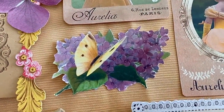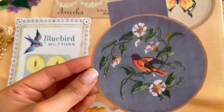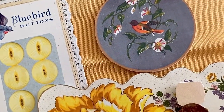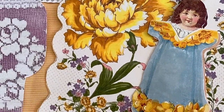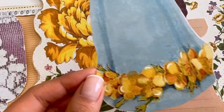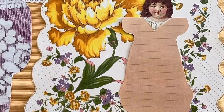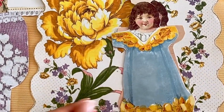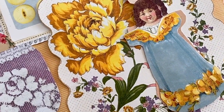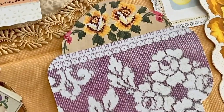buttons that she would use on her dresses, a darling bird pocket mirror that she would carry in her purse to remind her of the love that she has for the birds, a lovely hanky that her mother gifted to her when she was little, a beautiful paper doll that her mother made for her, where she keeps her thoughts and her memories of her childhood safely and protected in her journal, the cutest little paper doll that matches her personality, her color palette, and reminds her of her childhood self,